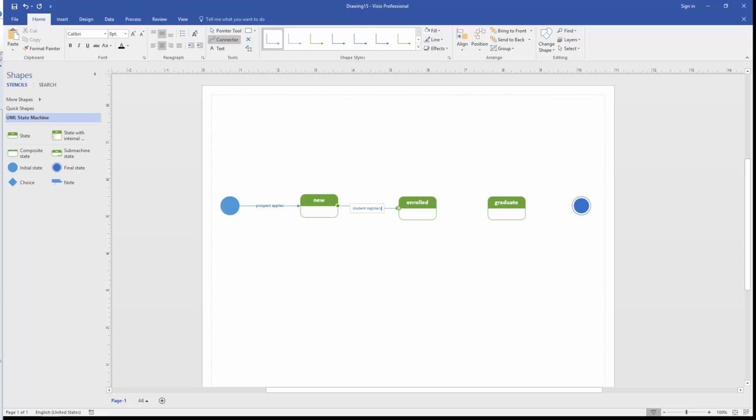So to go from a new student to hopefully taking some classes and earning some credits toward the end, your next event is going to be student registers for class. And once they've registered for enough classes, in the case of an undergraduate, the student will take 120 credits,